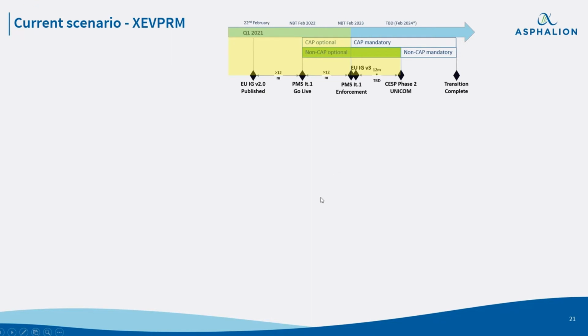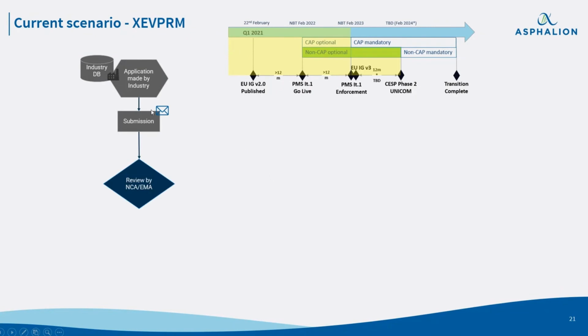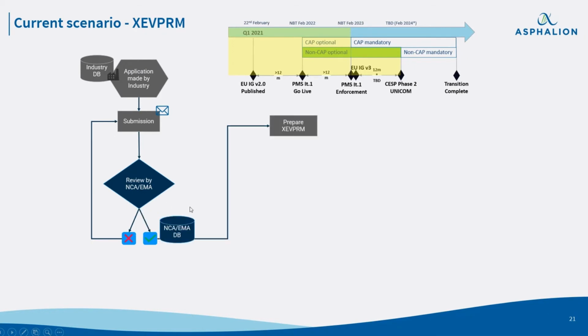So coming back to the current scenario we have now, if you're not that familiar with the submissions with XEVMPD, there's something that is completely post-authorization. So we have this new EMA, or maybe we have a variation, and it's approved by the agency, and then we have to prepare this message. At the end, we send the information to EMA. We're just sending an XML with the information of our product. This is what we call the XEVPRM. Yeah, PRM. Sorry for the pronunciation.